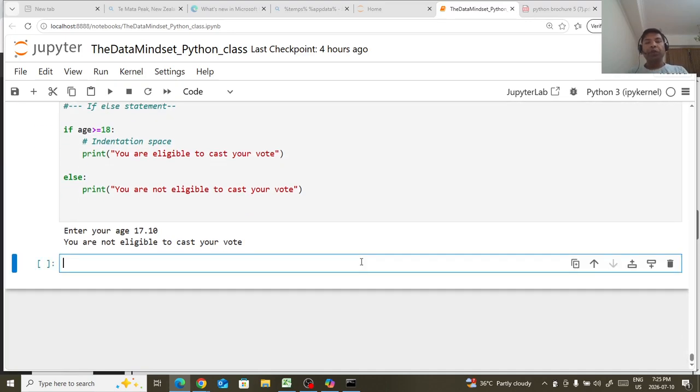Let's say you want to calculate the tax. Let's say I'm going to write a program. You want to calculate the income tax of an individual according to the Indian tax system. Okay,